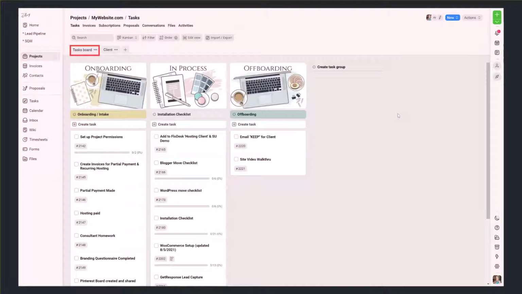It has a task board, stuff for me to do, and then a board for the clients. So this one is kind of a basic one for me. It has all of the options in here. The task boards for me start with something as granular as set up project permissions, meaning I've created the project and make sure that the task board is only seen by me and the client only sees the client board. The other thing is moving into that second column, the process, we have like adding the hosting person to